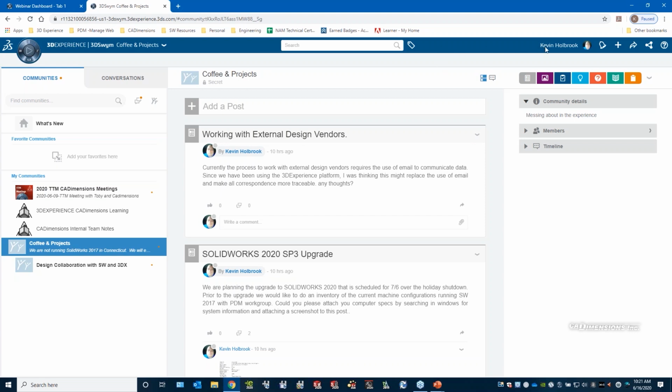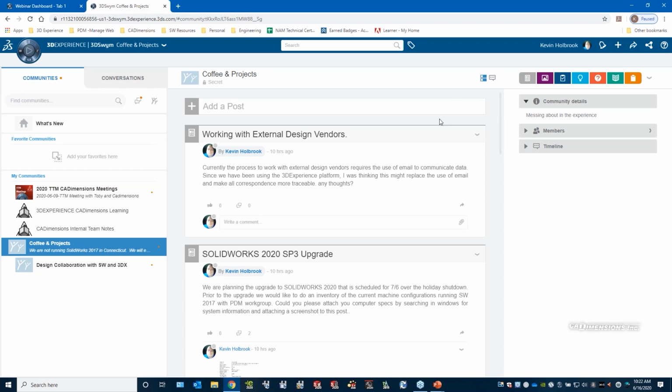As we work our way across the top bar, we have an icon that represents you as a person. This is your preferences, your roles, your activity. Because this is a collaboration and communication tool, things like setting yourself as offline, like you would in any messaging app, you would do that here. And continuing to the right is just more added value, things like sharing and notifications and my bookmark content, as well as help. But all of the applications that we get into will have the same top bar that we'll